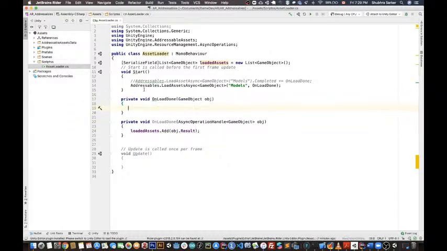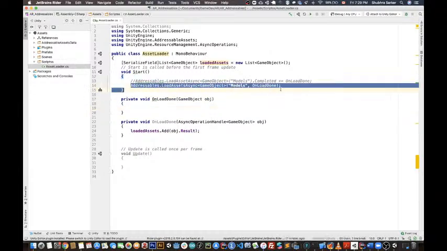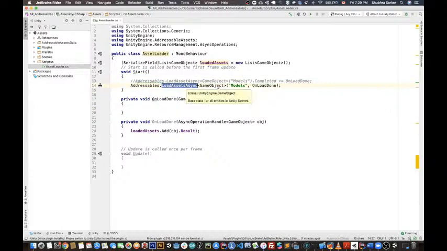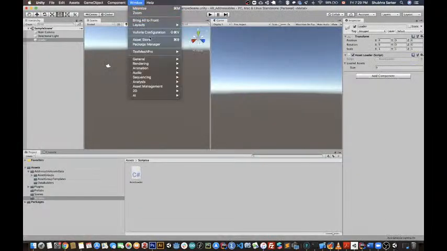Okay, so what does this do? It checks for a game object, tries to load the game object which has a label called models, and when this is done, it basically calls this onLoadDone, each time it finds a prefab or an addressable asset called model. Like, how can I explain it? I can go here,